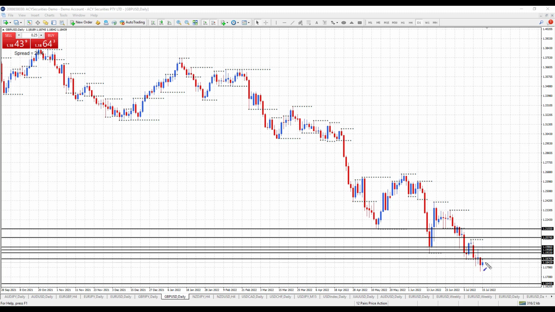So if we do start to move down at the start of the week, or on Monday anyway, there's always a chance Monday, Tuesday we can come up and retest 118.76. Does that hold as resistance for a further move down? Alright, this pair though, it has been moving down for quite a while. Like all the other pairs to the US dollar, we've been moving down a long time, so it wouldn't be out of the stretch of imagination for any of the pairs to the US dollar to have a rally next week. So at the moment they're in downtrends, so trade them as they're in downtrends, but just be aware